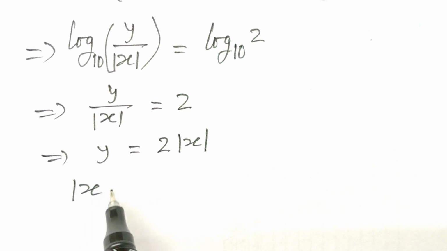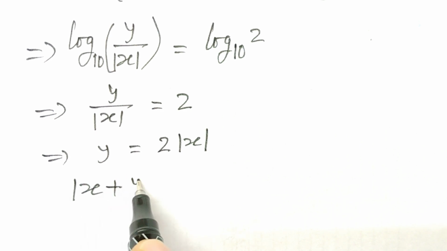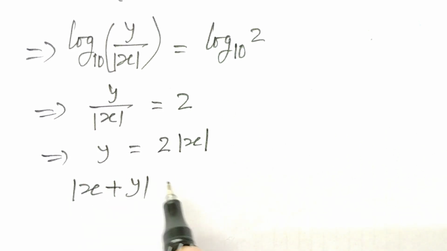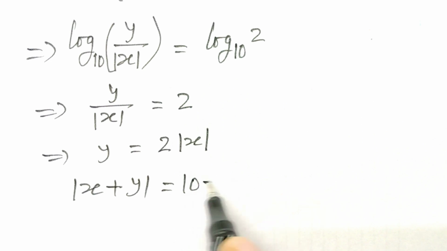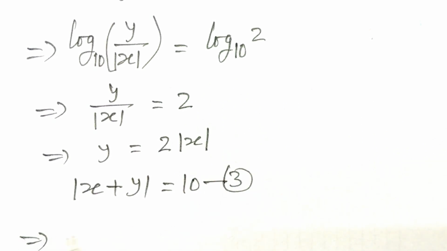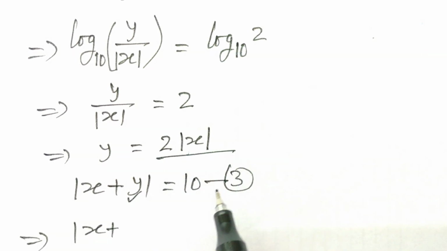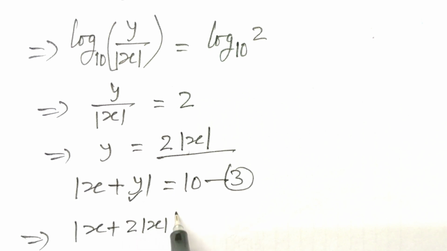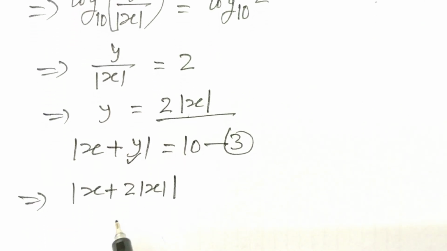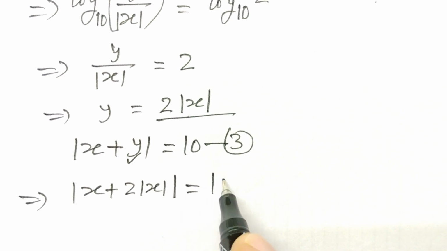Mod of x plus y is equal to 10, equation third. So mod of x plus y is equal to this, 2 mod of x, is equal to 10